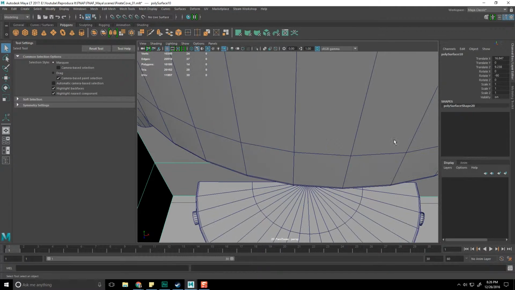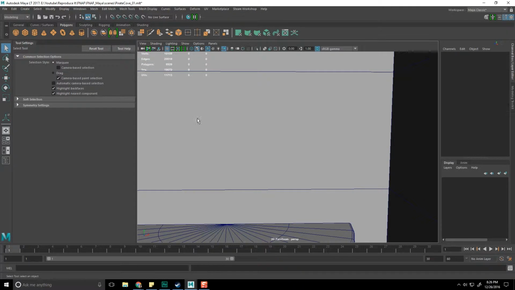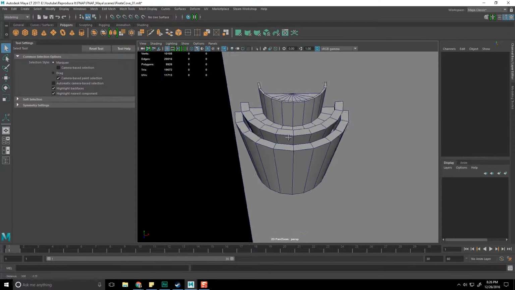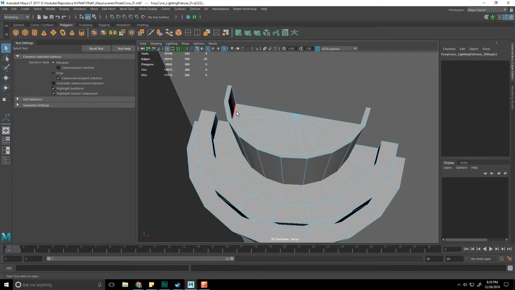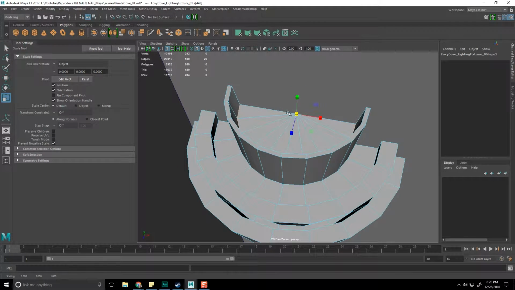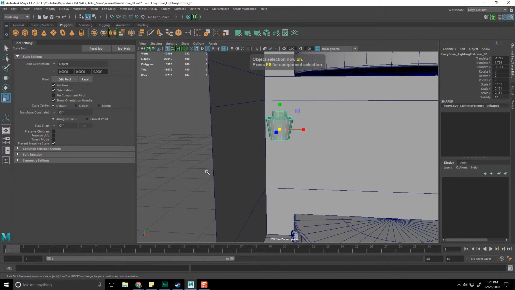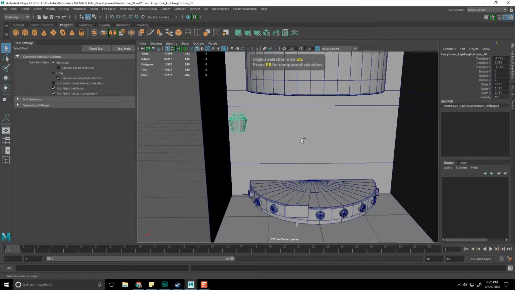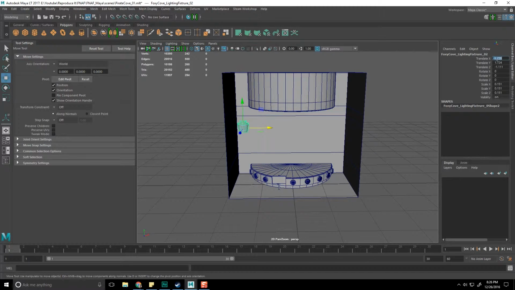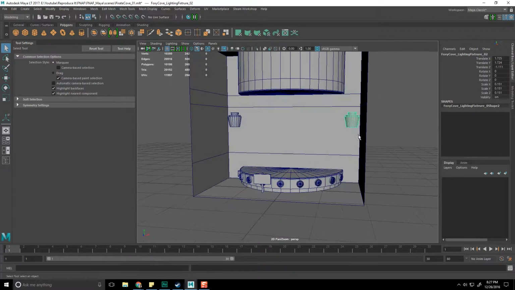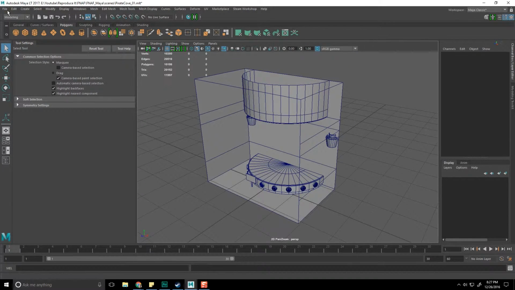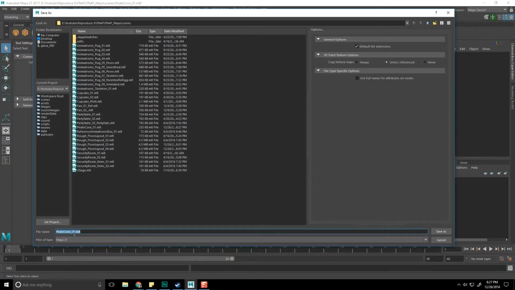Then we're going to get some Z fighting on the inner element of this, I can already tell. We're going to need to inset that a bit. So grab this inner ring right there, and let's just scale that in a bit so that the two don't conflict. Yeah, that's fine. Okay, anyway, let's duplicate this again, Control D, move this over, and that's just going to be the duplicate sconce over there. All is good, and let's save things as it is. File, save scene as, _02,